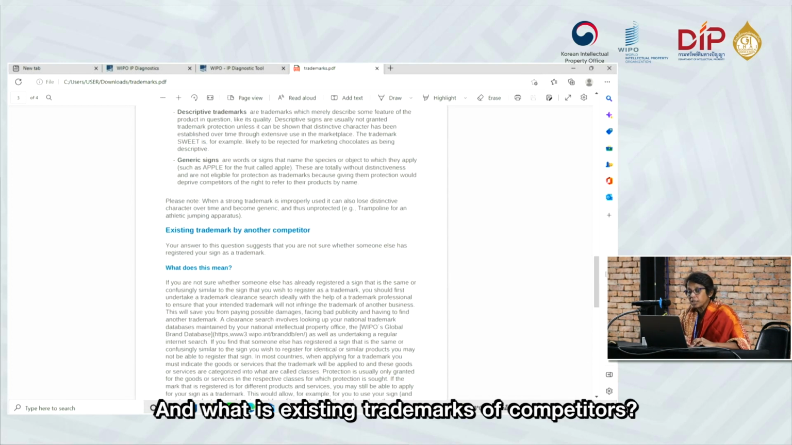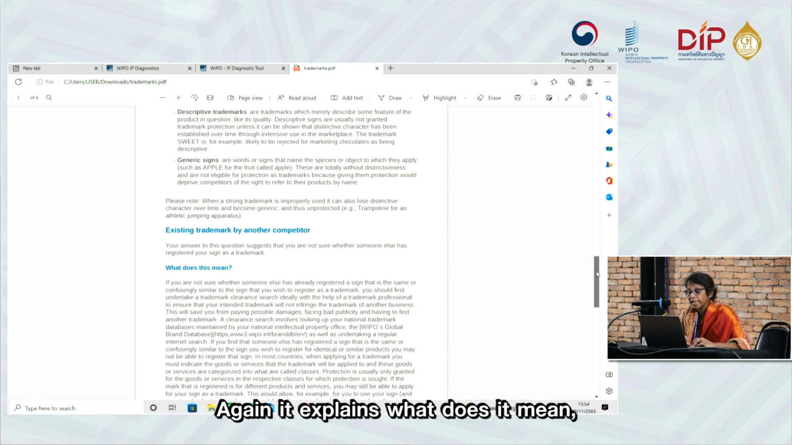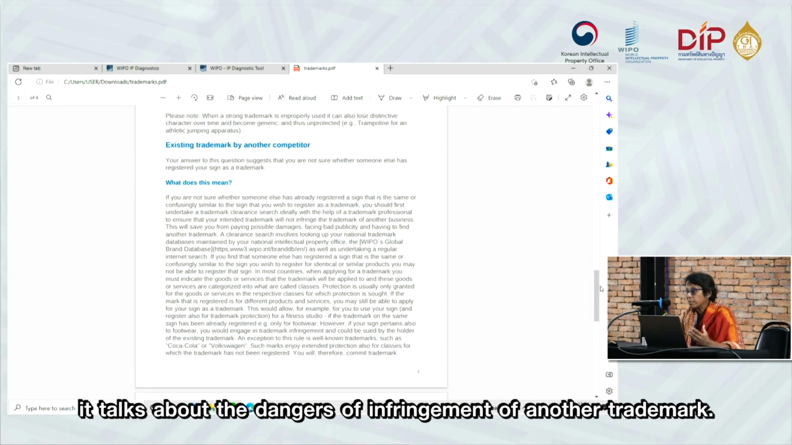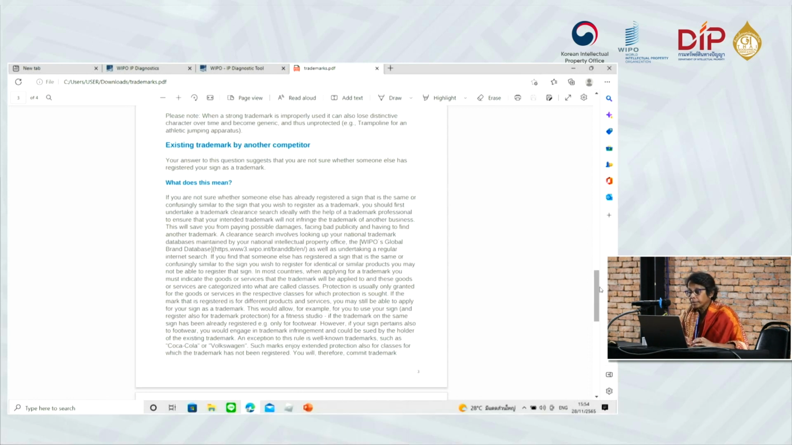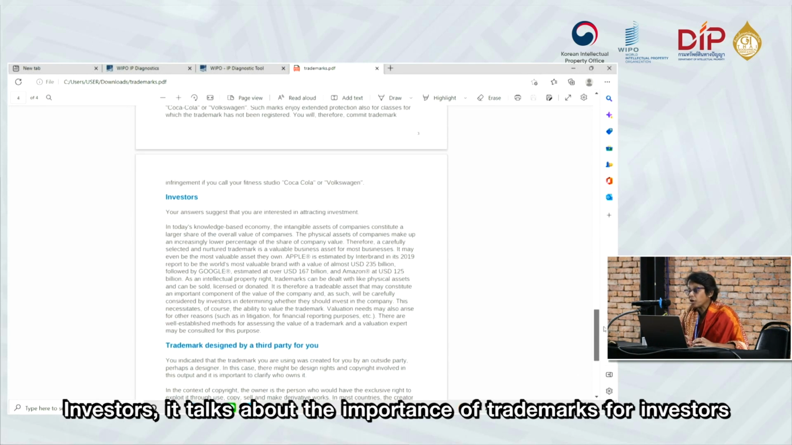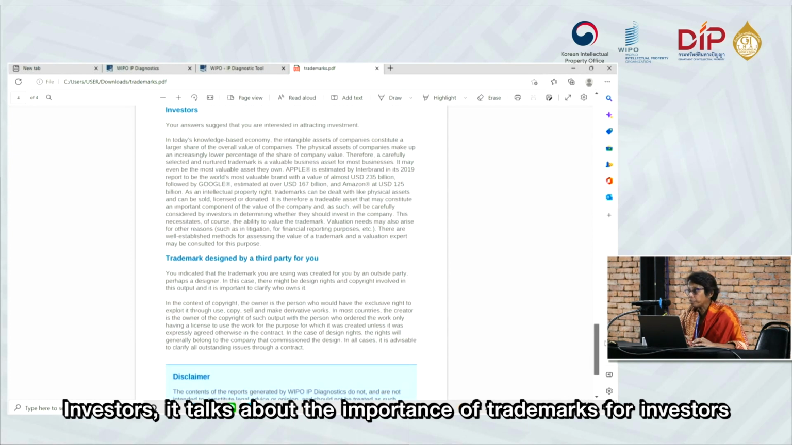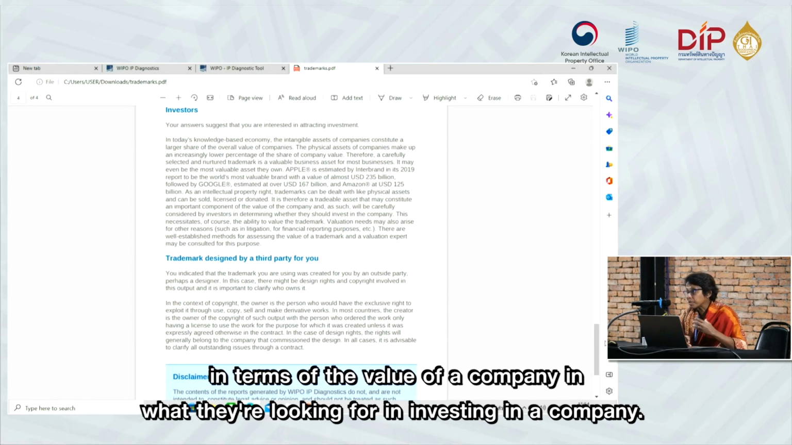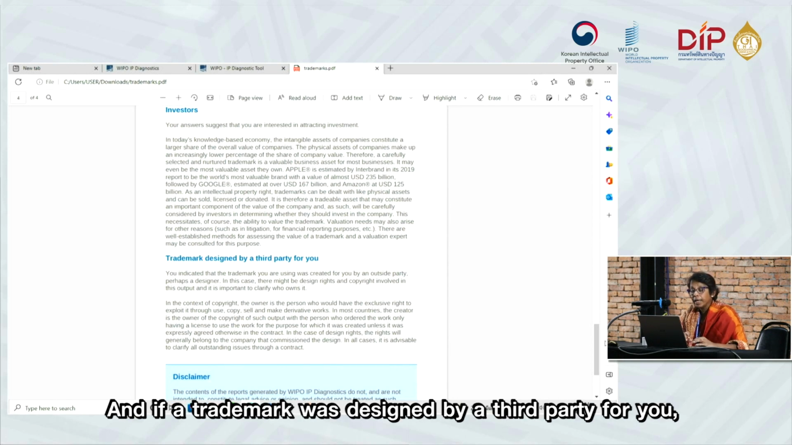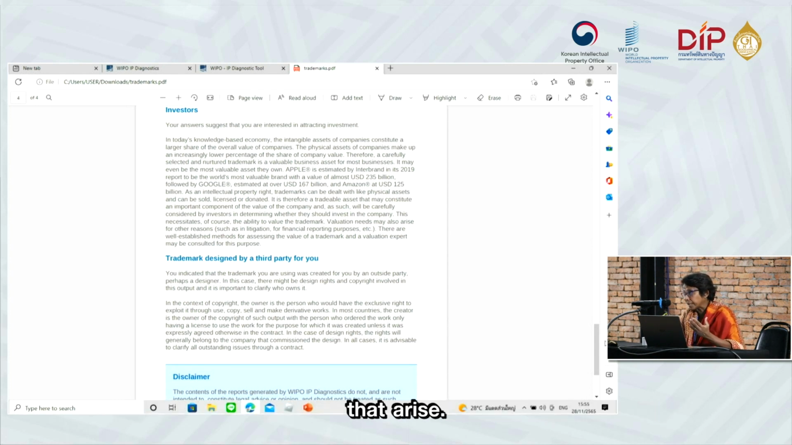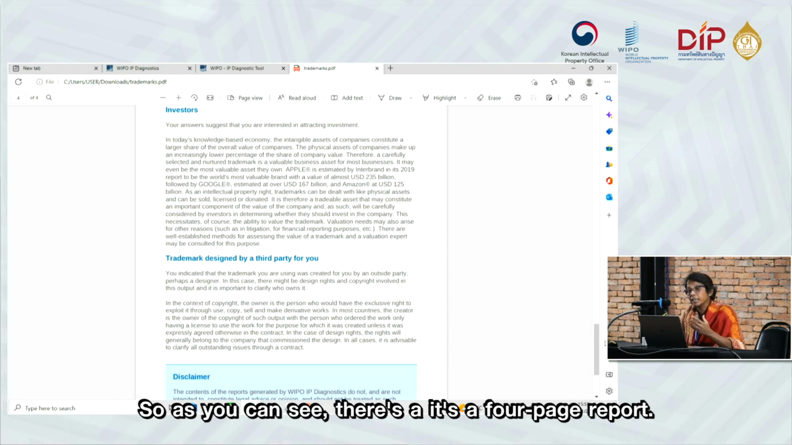And about existing trademarks of competitors, again, it explains what that means, and it talks about the dangers of infringement of another trademark. Investors, it talks about the importance of trademarks for investors in terms of the value of a company, in what they're looking for in investing in a company. And if a trademark was designed by a third party for you, then the issues of ownership, etc., that arise. So as you can see, it's a 4-page